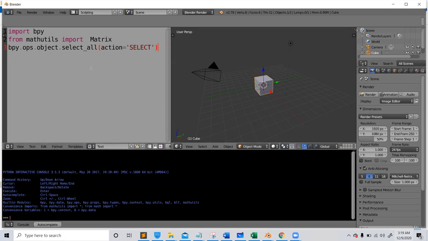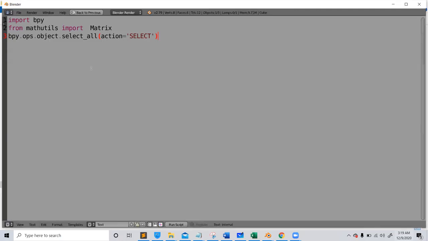You can press Control and then arrow, Control up arrow will make the screen bigger. So now we can focus on writing the code. bpy.ops.object.delete, deleting all the objects in the scene,